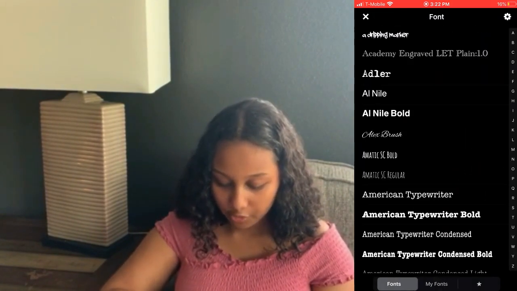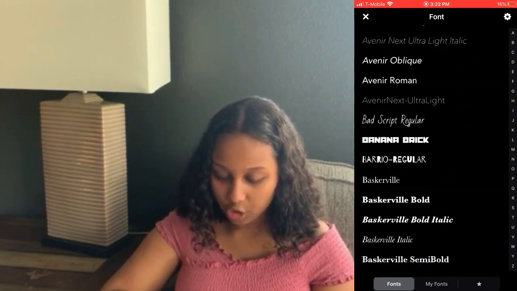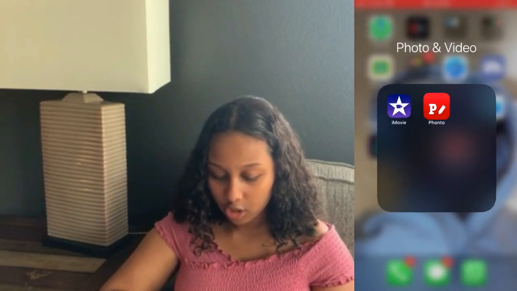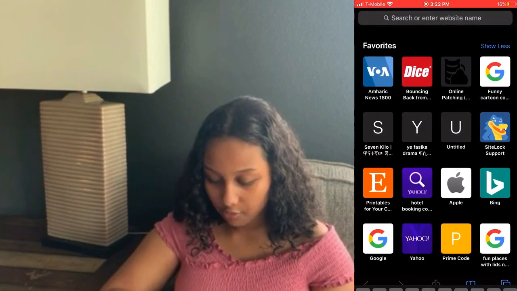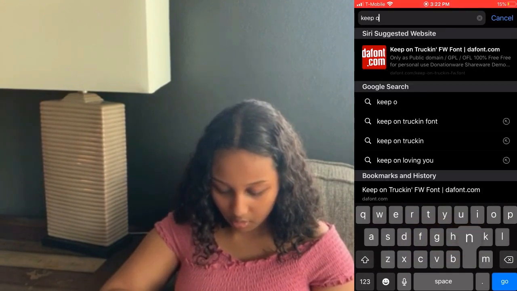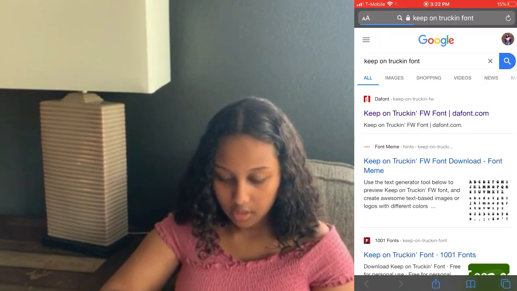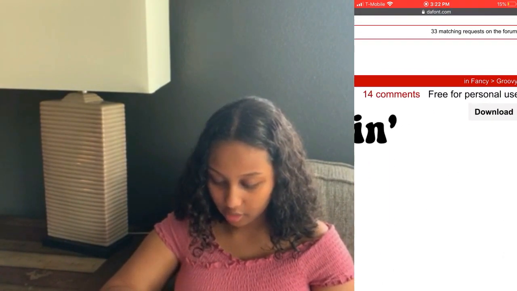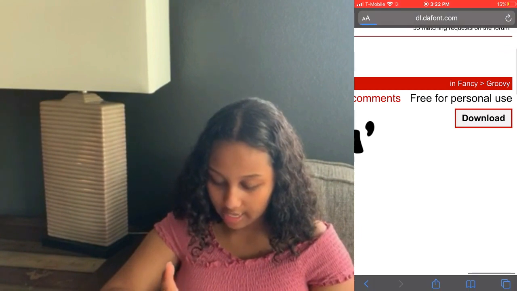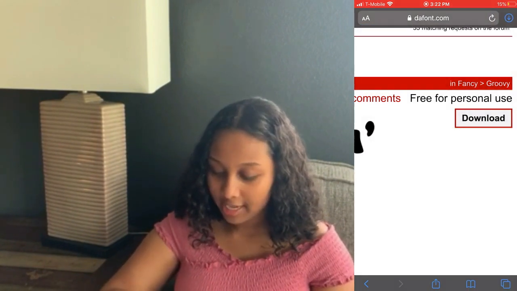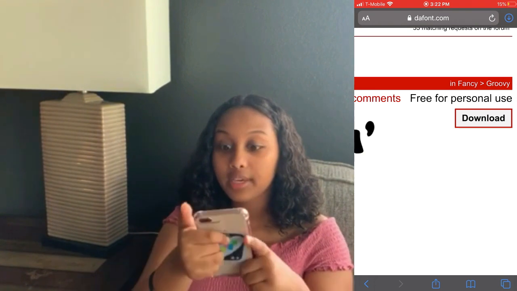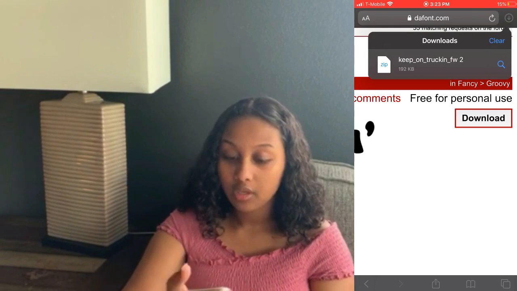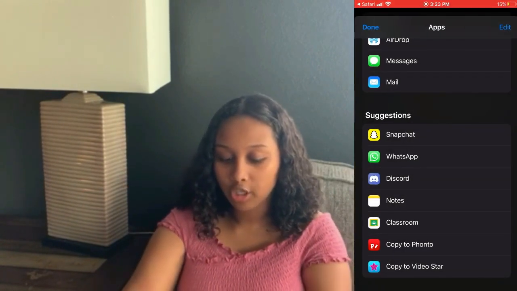When you first get Fonto, it's not going to be on here. You're going to have to download it, because when you look over here, it's not going to be here. So you're going to go out of Fonto, go onto Safari and search up Keep on Trekking font. Make sure it says font, click the first link, and right there it's going to have a little thing that says download. Click download, click download again, and then click the little arrow at the top that's pointing down. You click on it, and then you click on the thing, and you're going to have to have